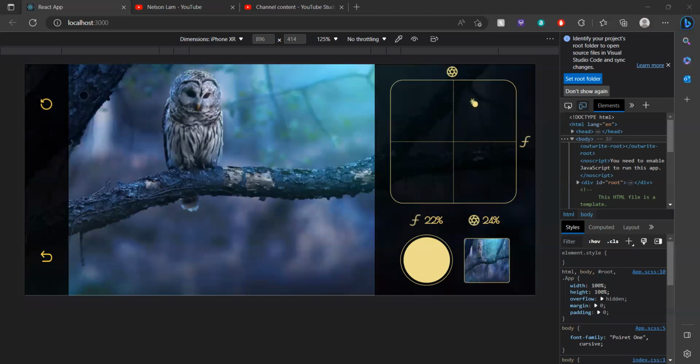For our side panel, there is the changing the orientation button that will change the layout of our application, moving the control panel from the right to left, or vice versa. And then we have our undo button that will reset the slider's current location to the start location. And then for our control panel, we have our sliders that will control the shutter speed and exposure for